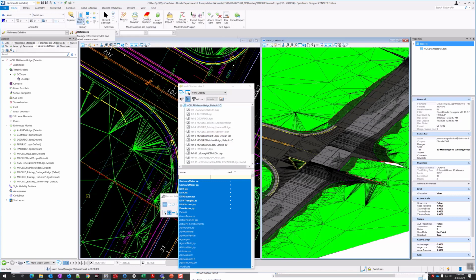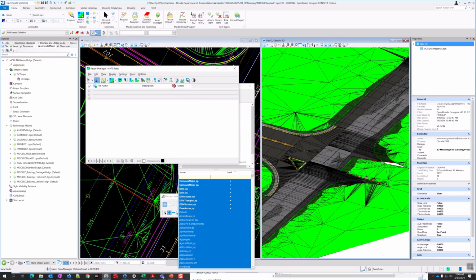And I come over here to my attach tools, where I normally go to attach references. If I click the drop down on that, I go to the second option, that's raster manager. And we are going to attach the SID files. So I'm just going to go here, file, attach, raster.